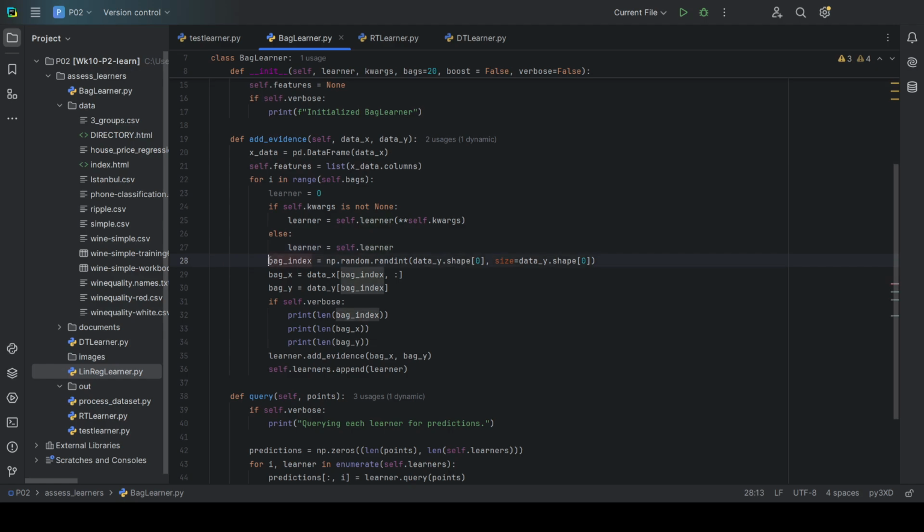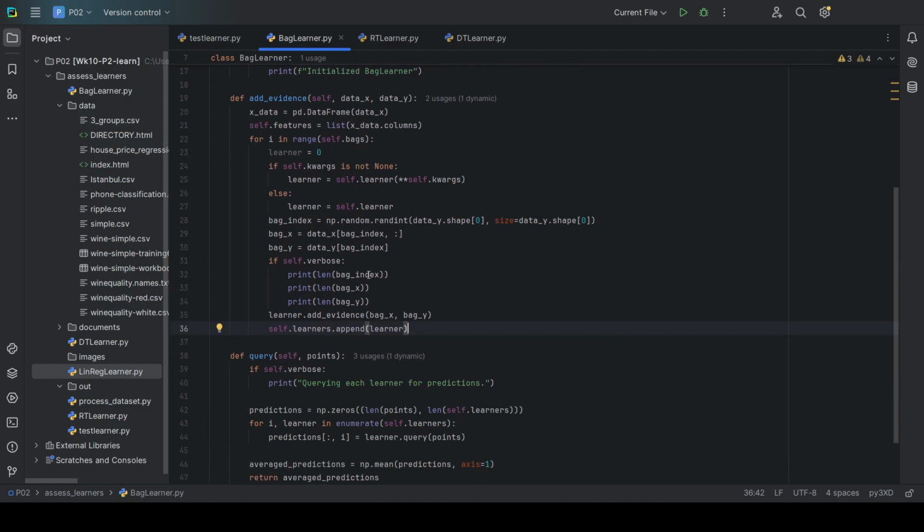So then we get the bag index. We randomly pick points in the bag, and then we create the bag by getting those data out of the data X and data Y, and then we use those bags to fill out the learner, save that to the learner's array, and then that's it. We just loop that over for however many bags we want, and then that's our collection of learners that we can use to aggregate our